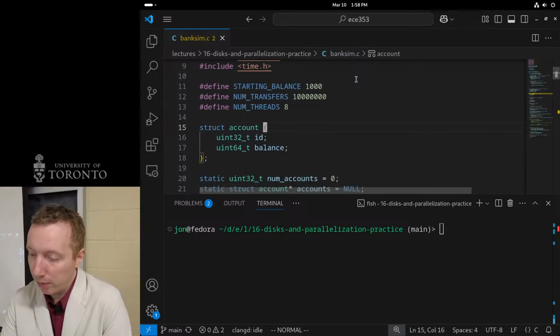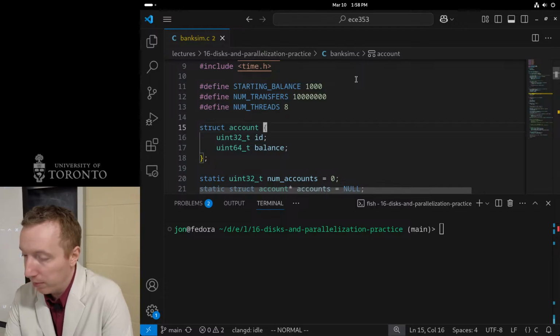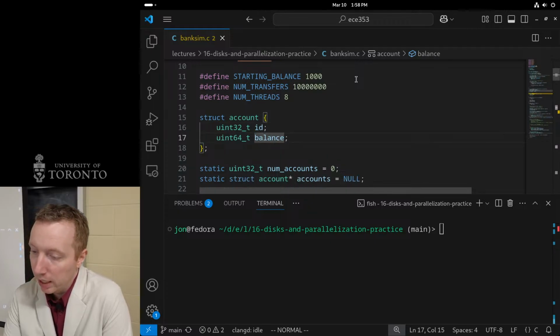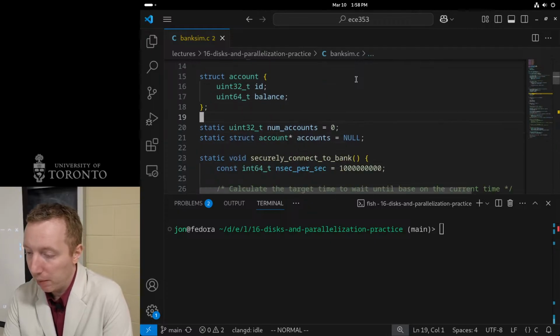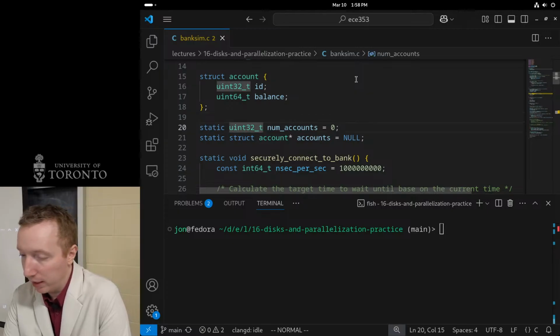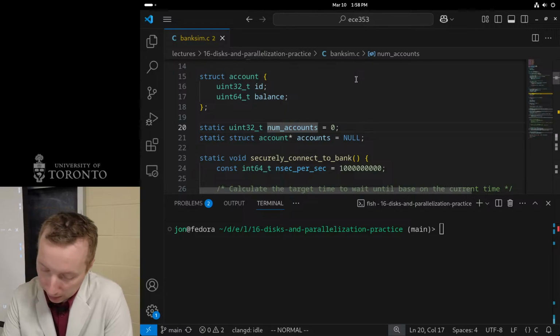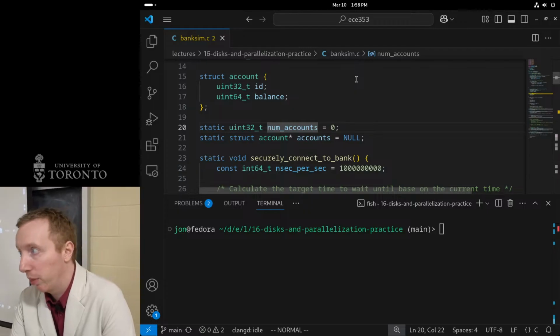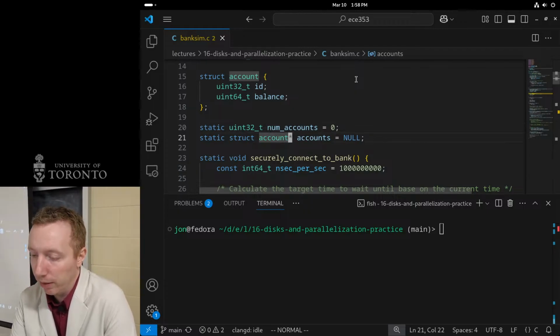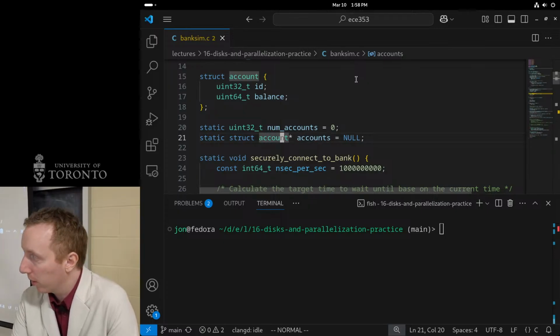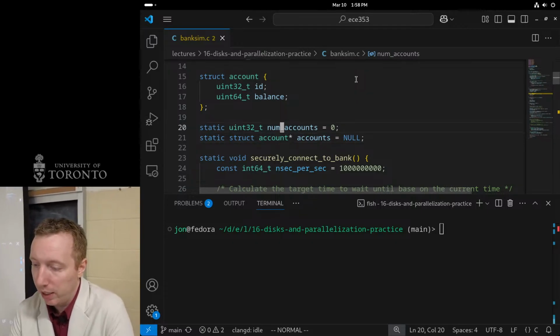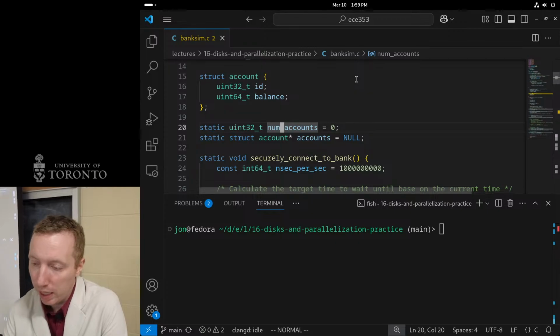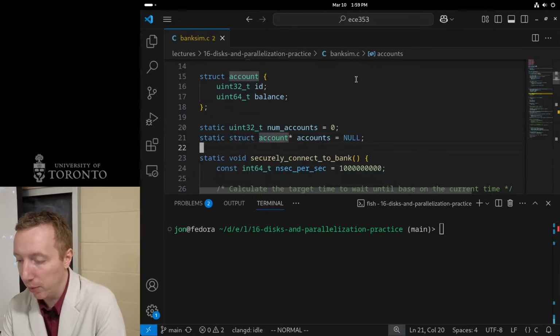Now I have the struct called account, and this is all the information I need for a single account. Right now, I just keep track of its current ID and its current balance. Since I don't know how many accounts I need until runtime, I'm going to allocate them when I run main. So I'm going to need all my accounts accessible in my thread function, so I'll just lazily create a global variable called accounts, which is a pointer to a struct array. This will be an array that I allocate once I know how many accounts to create. Then I'll initialize the number of accounts and the pointer to the accounts array as 0 and null.